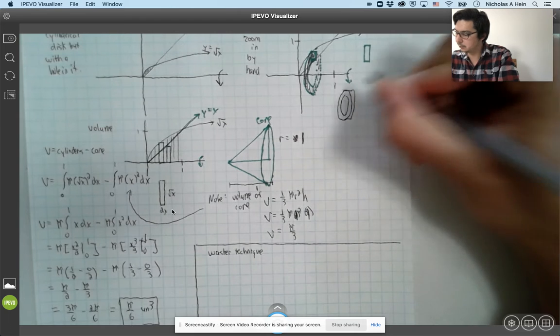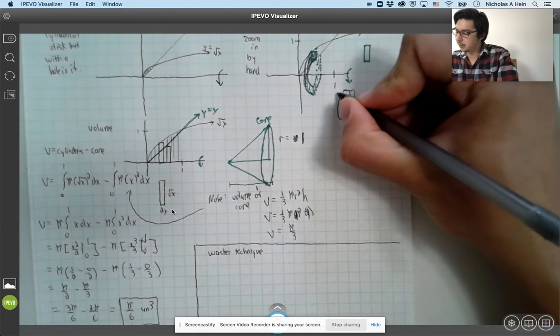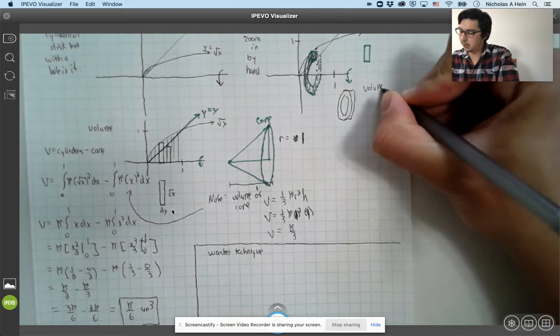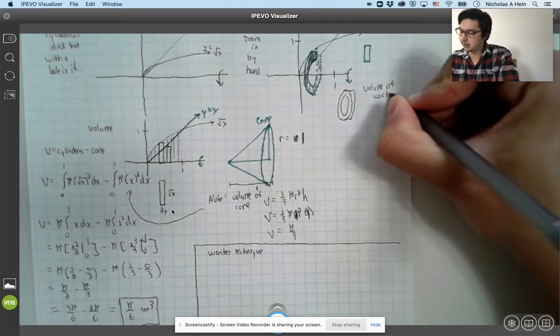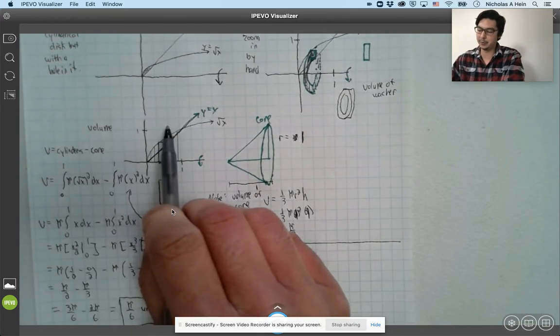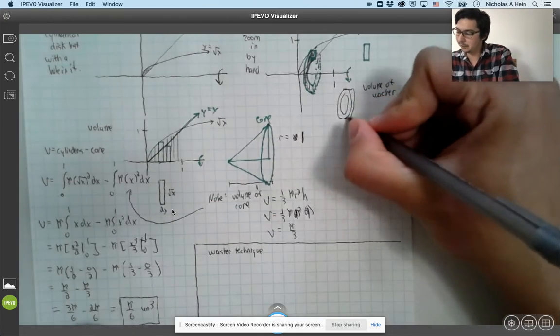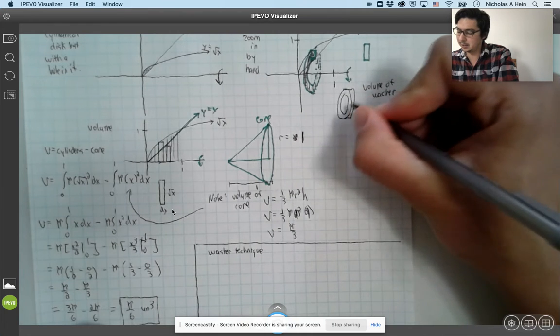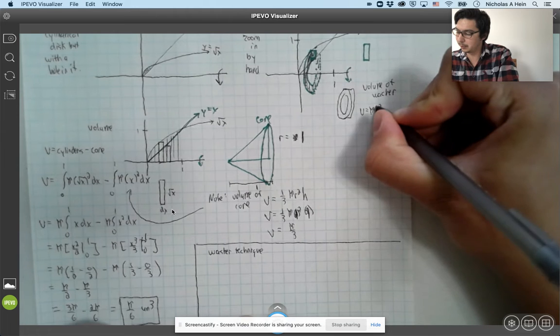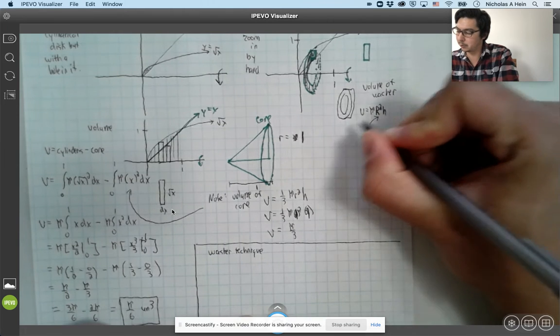Some height, like so. Right? Well, what's the volume of a washer? The volume of a washer, similar to how we did the volume by breaking it up into the outer minus the inner, would be the volume of the entire thing as if it were just a cylindrical disc, which would be pi R squared h, where I'm going to use capital R as the outer radius,